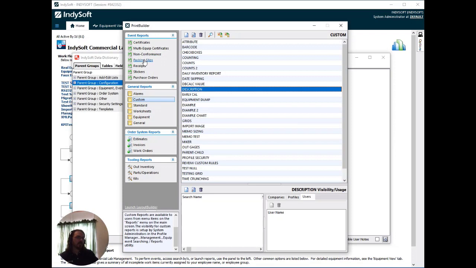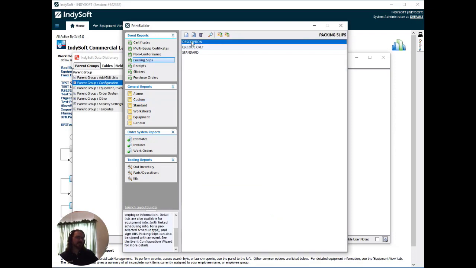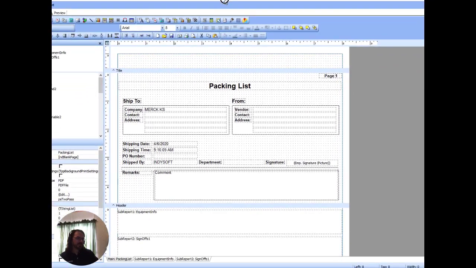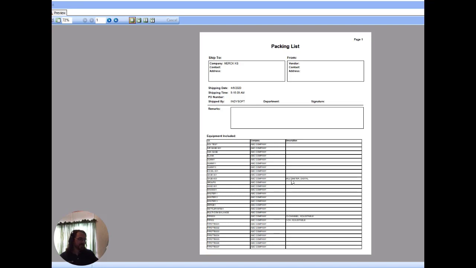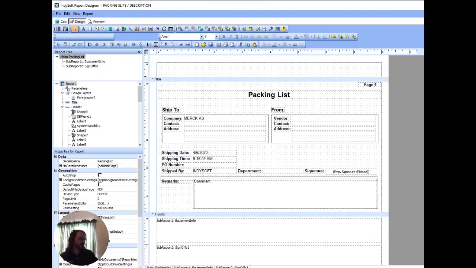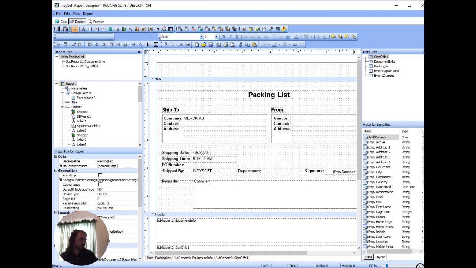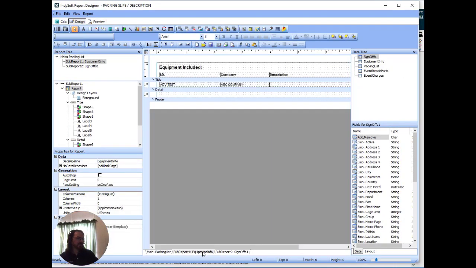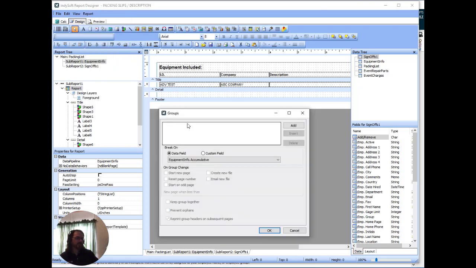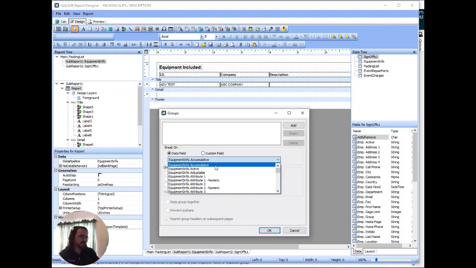But if I go to this packing slip, here I've got a packing slip. And it's got the equipment information. If I hit preview, you'll see again, descriptions are not sorted. So if I go to my design view and I say on my equipment info, I want to add a group on the description,